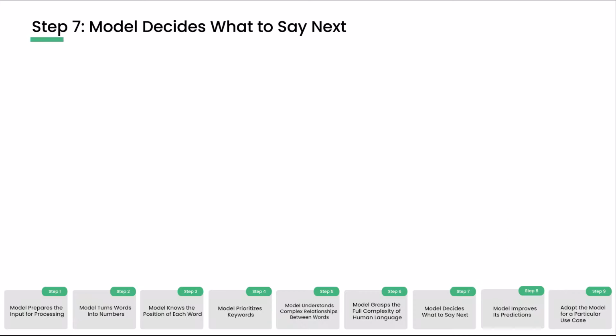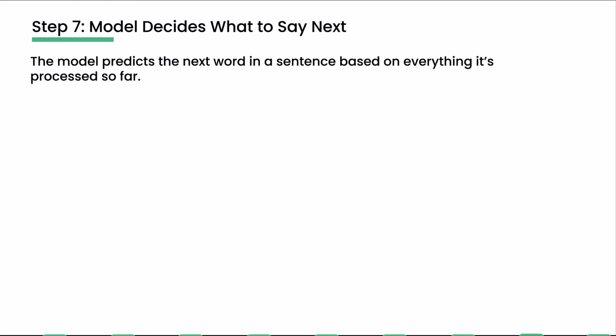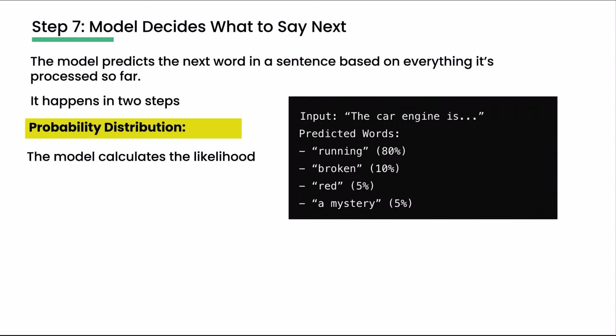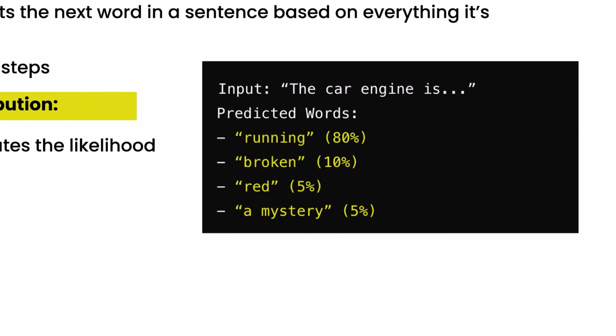Next is step 7. The model decides what to say. Here's where the real magic happens. The model predicts the next word in a sentence based on everything it's processed so far. It happens in two steps. First is probability distribution. The model calculates the likelihood of different words coming next. Example, input: "The car engine is". Predicted words with their probabilities: